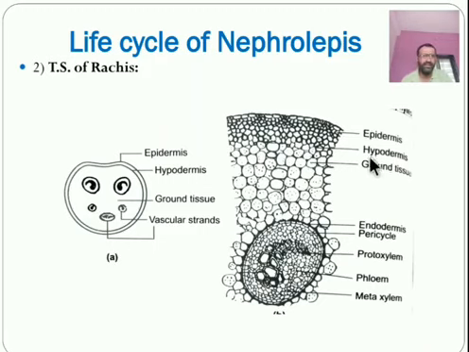When we see the epidermis, it is the outermost layer of rectangular cells. These are rectangular cells with a cutinized outer wall. Cutin substance is deposited here, and due to that a thick layer arises on the outermost layer of the epidermis, so it is known as the cutinized outer wall. Beneath the epidermis, there is a hypodermis, compactly arranged 2 to 3 layered cells, and that is the hypodermis.